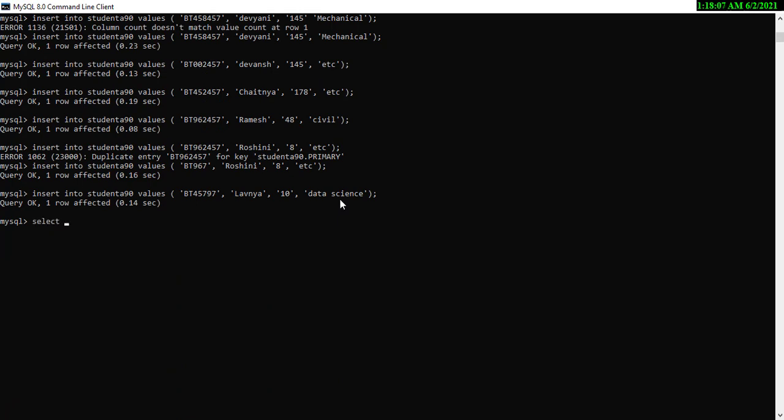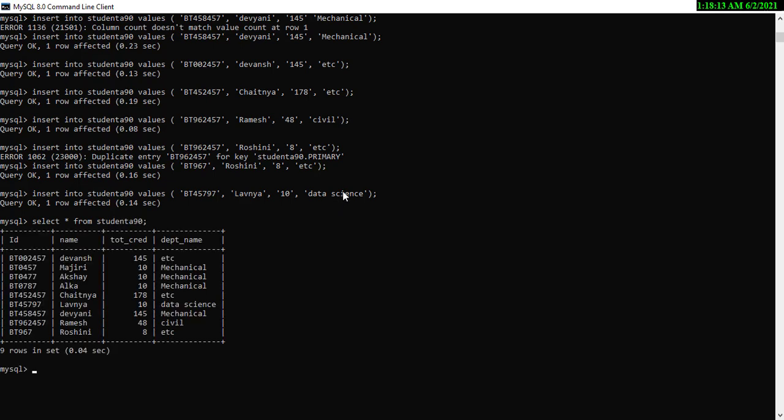So let us try to see. Select star from student A90. Now you can see that if I am selecting star from student A90, then the values are coming in the same sequence in which I have entered them. If I want only particular values to be visible, for example, only mechanical data, what is the command for seeing only mechanical data?